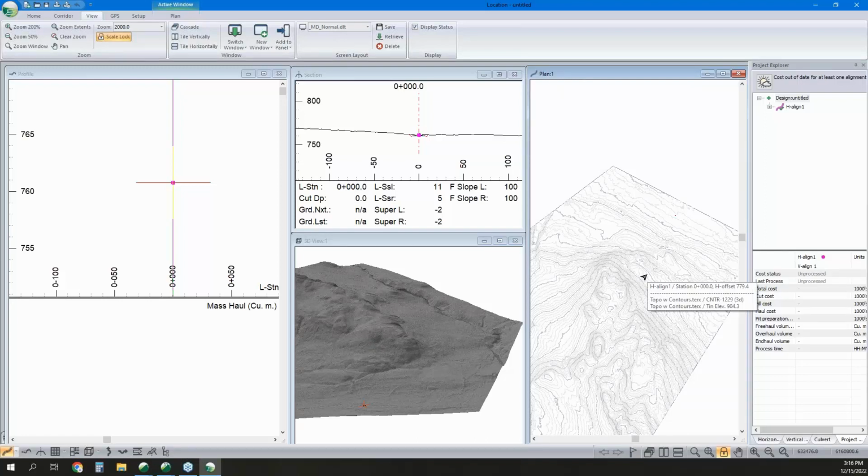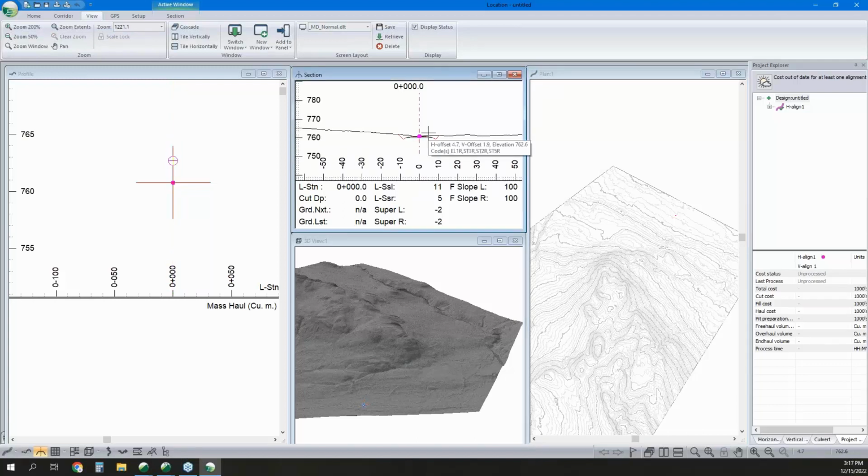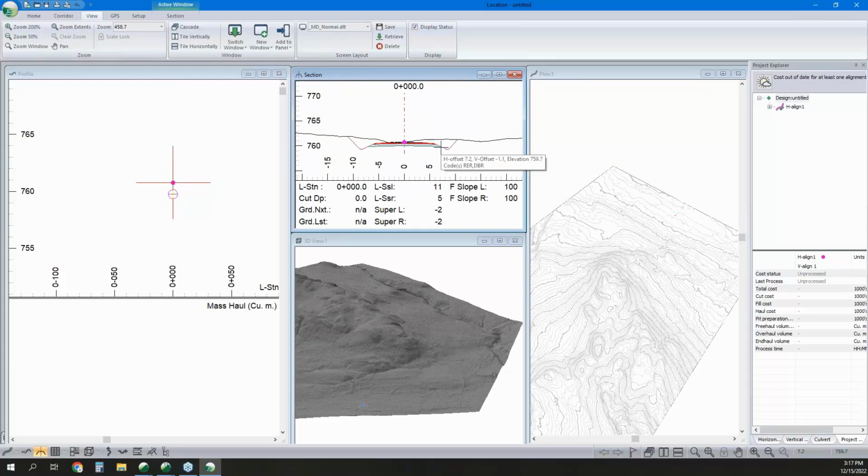Before I start messing around with my alignment, I'm probably going to want to make sure my cross-section geometry is appropriate. You don't have to. You can do this after the fact, but we'll do it now, and then we'll have a better idea of what we're designing and how we're interacting with the surrounding terrain as we model that road. So our cross-section geometry is displayed here,